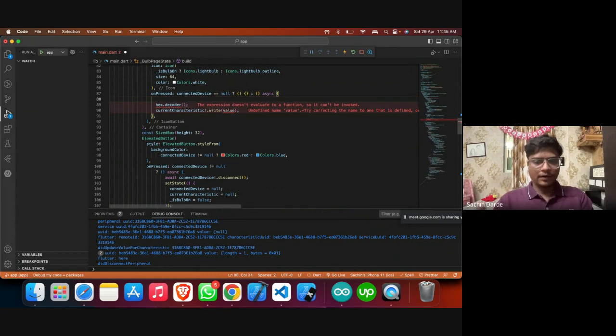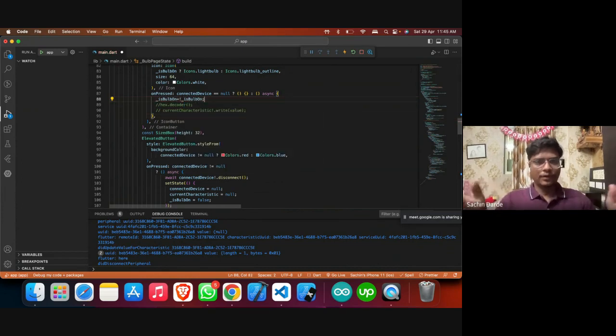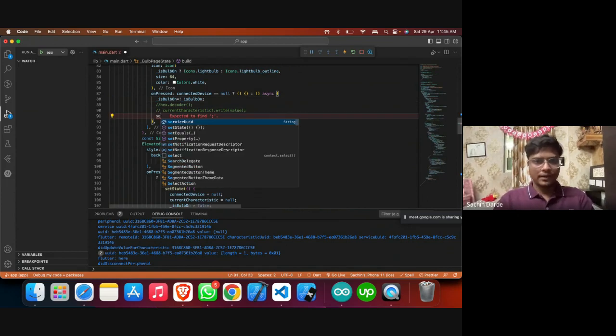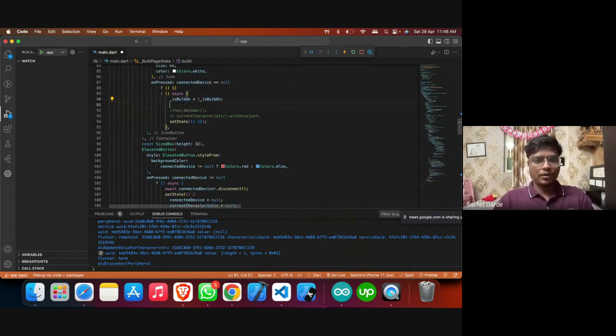So let me first define our actual raw data which we need to transmit. Hold on for a second. Okay, so final, let's say, is really on is equal to is. So we are going to switch from on to off state. This is how it's going to be. It will take care of our UI level part. Okay, then if it is true, in that case, our data is